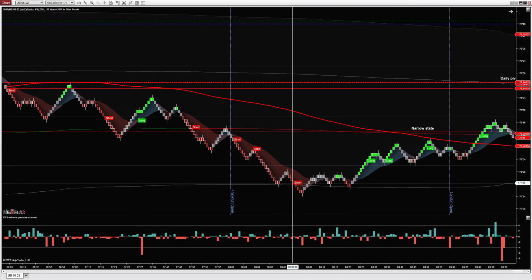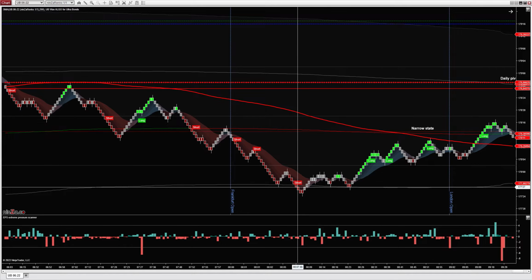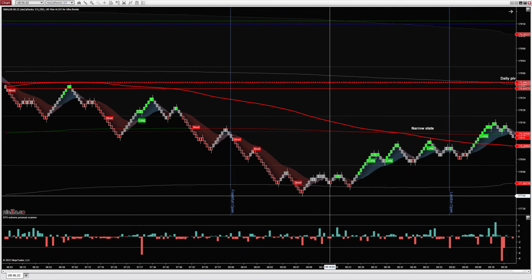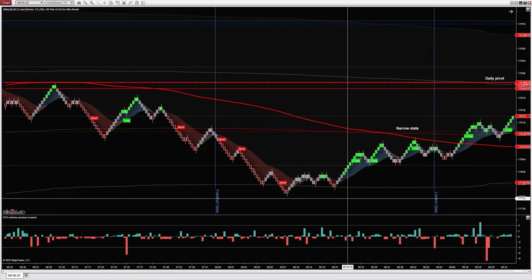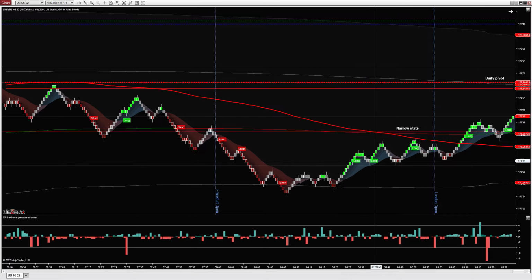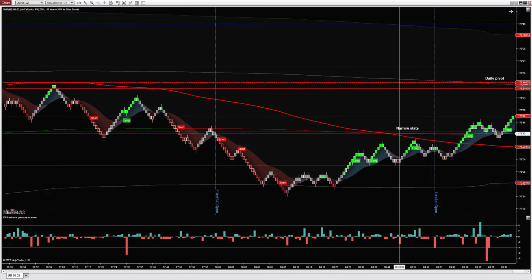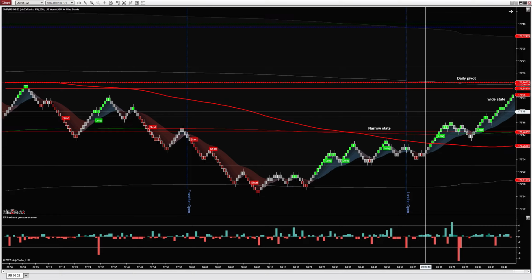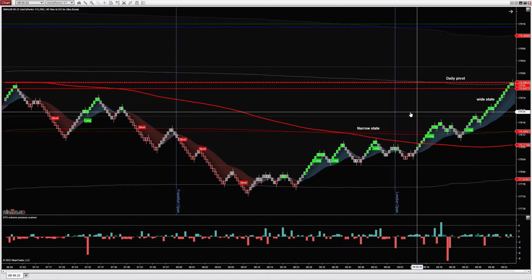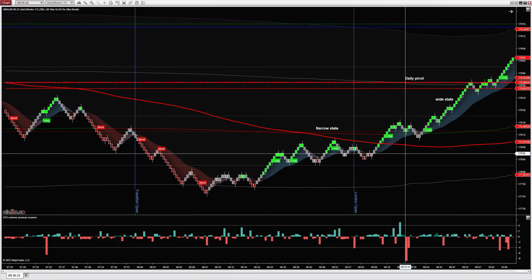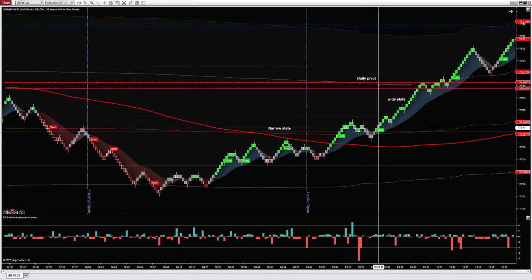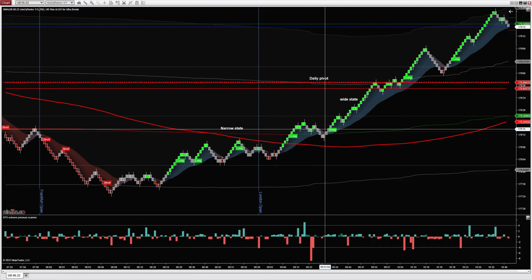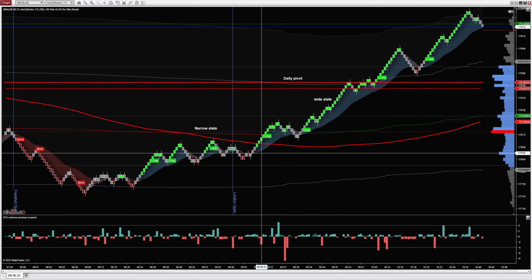Then we get a sort of a range, and then we see price not continuing downwards, not making new lows, so the current state is not continuing, and this tells us price might return back to the narrow state, and it did. The color of the candles showed us this, the signals to get in showed us this, and then we're in a narrow state, and we wait for the market to go wide again. In this case pretty fast after the London Open, because we have a lot of volatility and volume, of course,